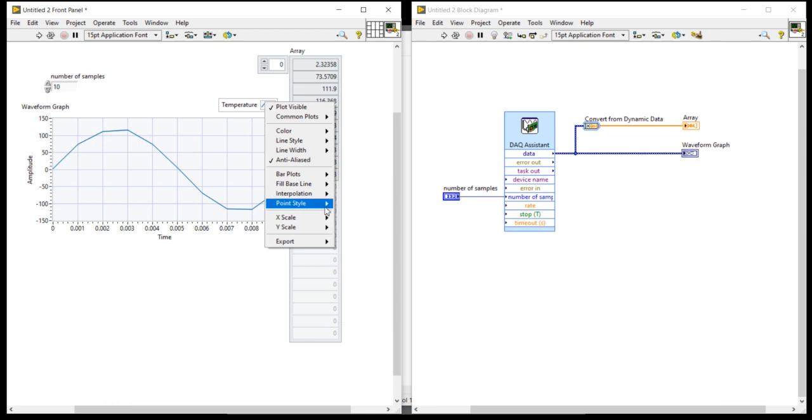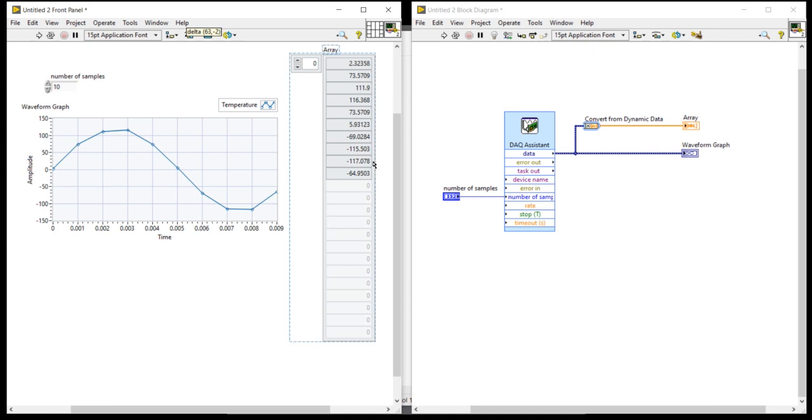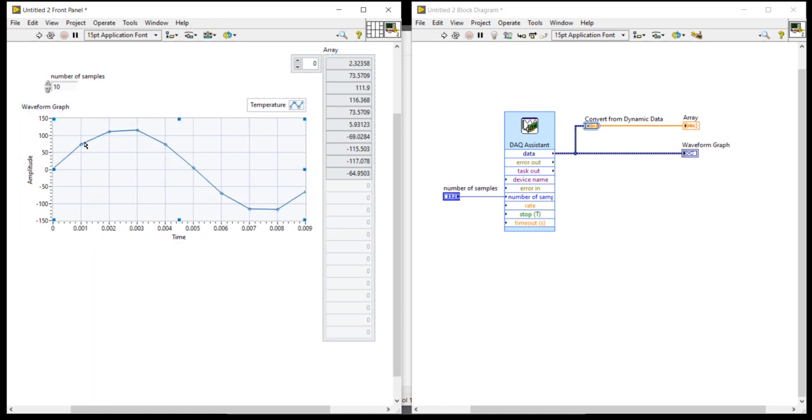I didn't explain this chart yet, but no worry, I will explain about the array chart. These are the 10 sample data values. You can generate one sample data value also.